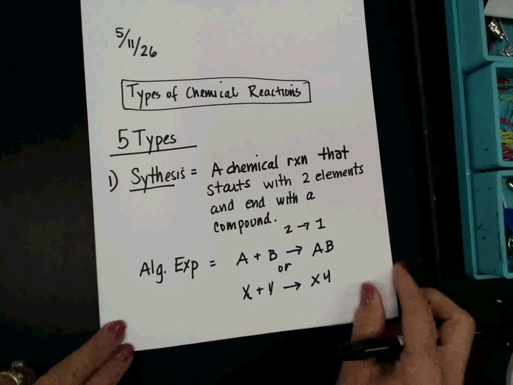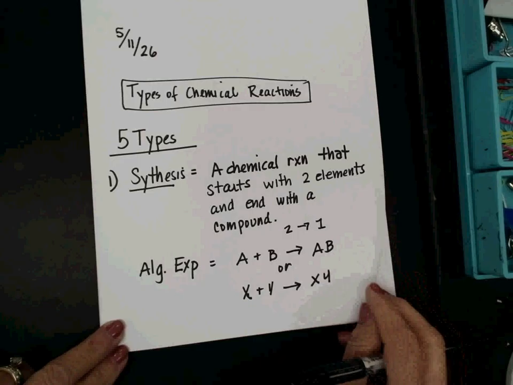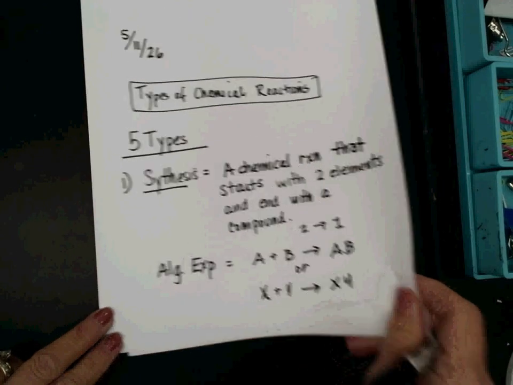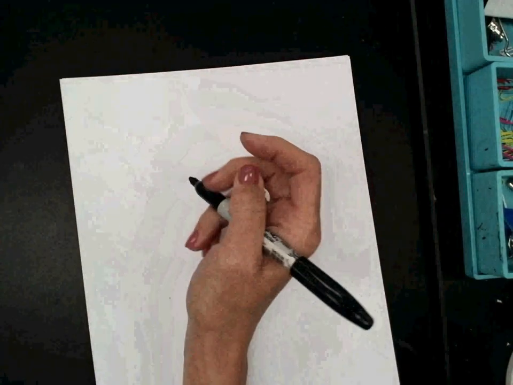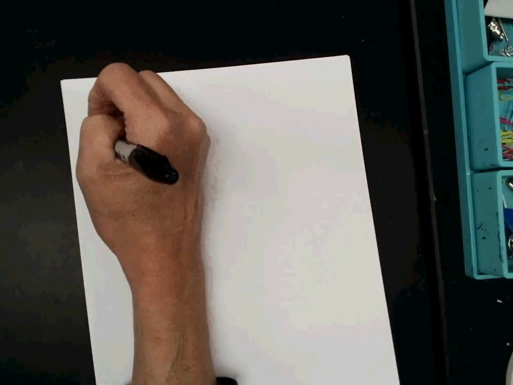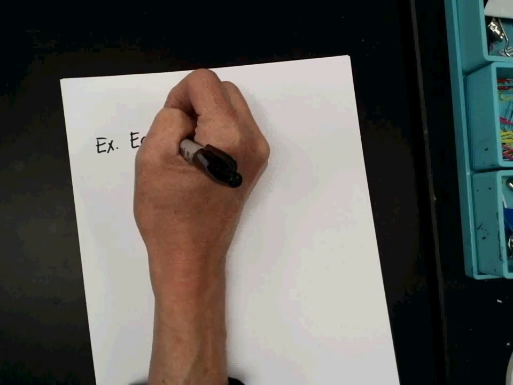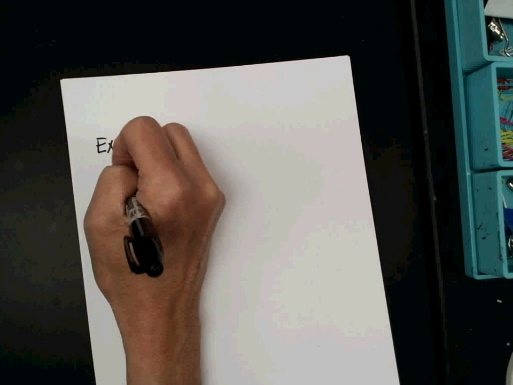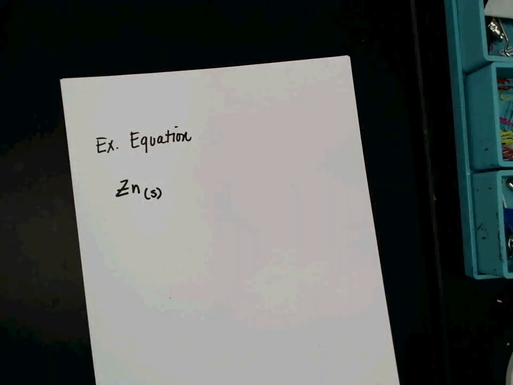So when we see this as a real equation, usually it's going to be a metal plus a non-metal, but not always. So let's look at an example. Let's say I have zinc. Zinc is a metal, so you should know at room temperature it would be in solid form,